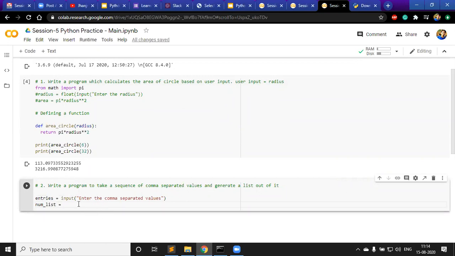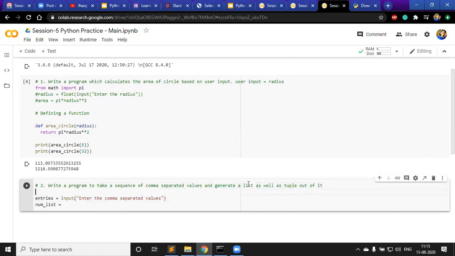Okay, so basically what I want is that those are comma separated values, right? If I can somehow remove the comma between them and read each of them, then I can create a list, right? I can use the list function that we've seen earlier while converting from tuple to list, and we can use the same function here to convert it into a tuple, right? So list as well as tuple. So we will just see here how we can take an input, convert it into list as well as